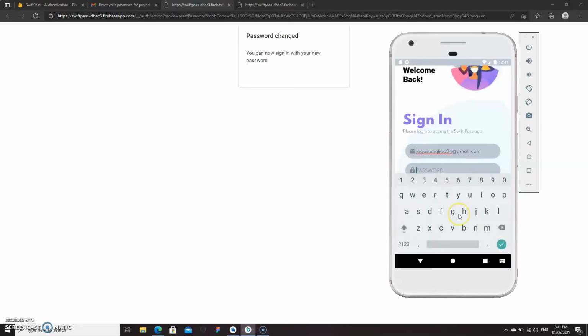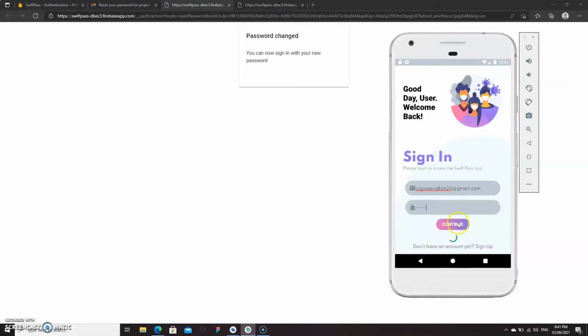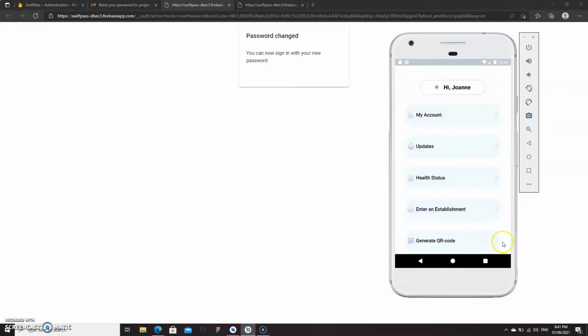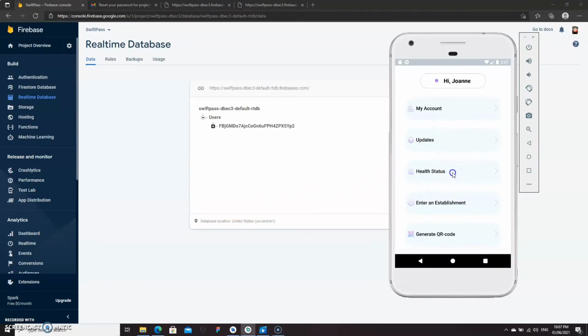Let's type ABCDEF. As you can see, we successfully changed our password. So before continuing with the other functionalities of our application, I want to add a little more regarding the login